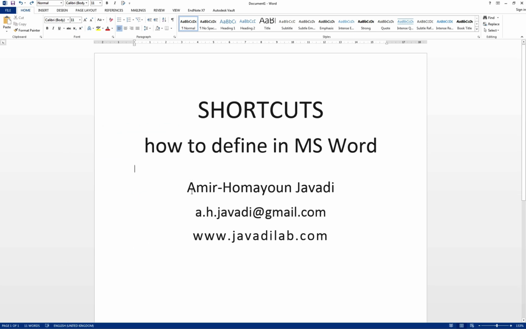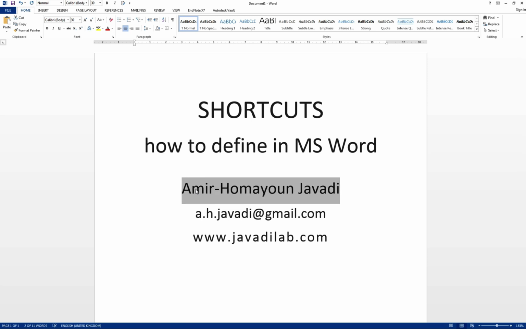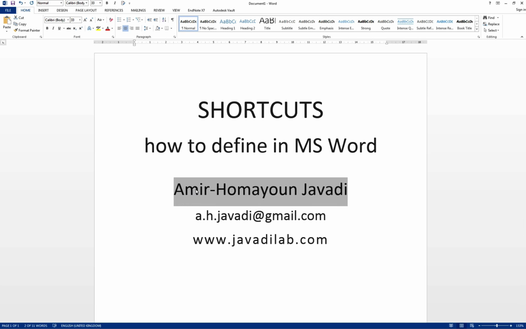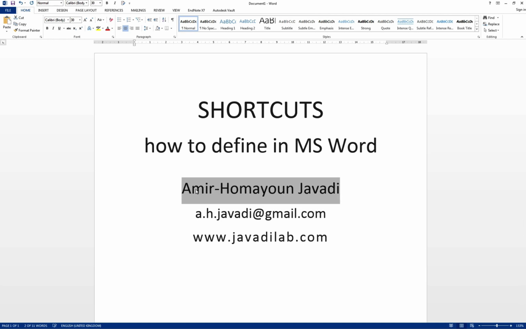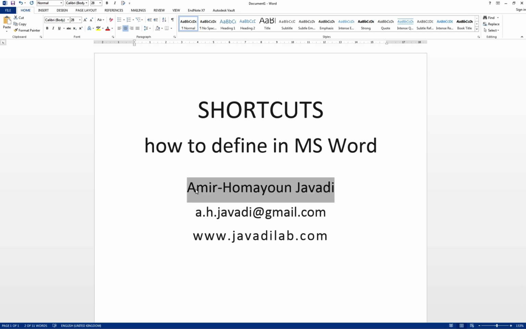Okay, the other shortcut that is quite helpful is Control right square bracket to increase the font size and Control left square bracket to decrease font size. Okay, and that is the end of this